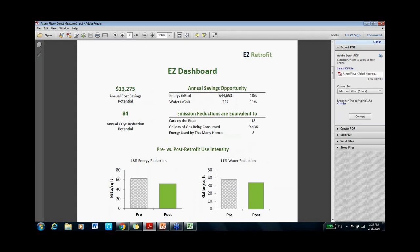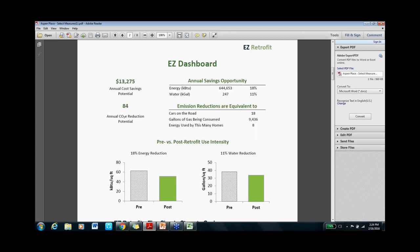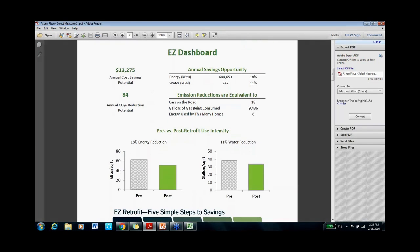And we have this great dashboard called EZ Dashboard, and it again summarizes all of the savings, opportunities, and costs. It also has some graphs which help you understand what your pre and post retrofit usage numbers for energy and water will be. Like for this building, you can see it has potential to reduce 18% in terms of energy and 11% on water. So going back to the tool,